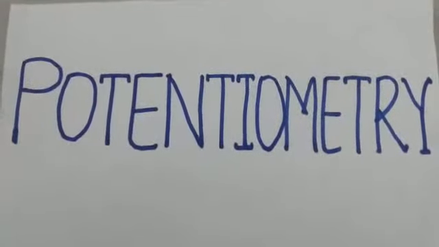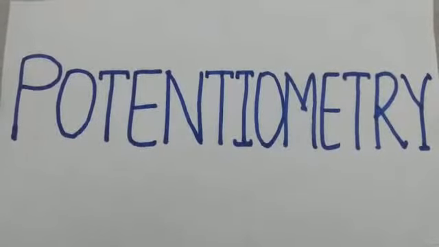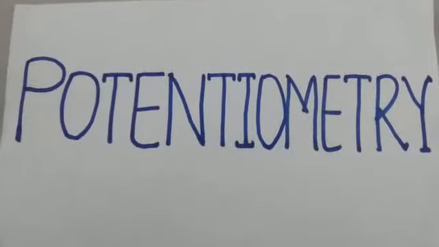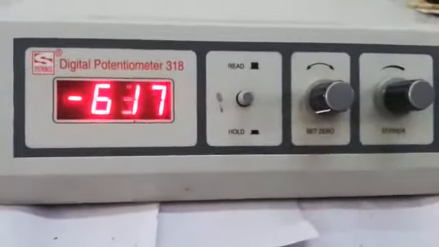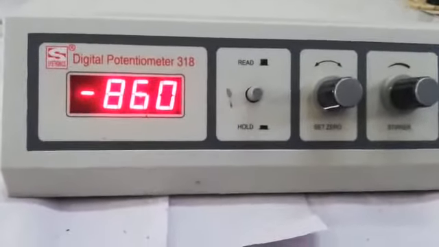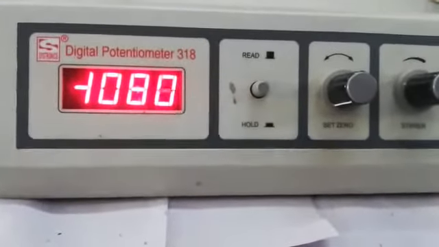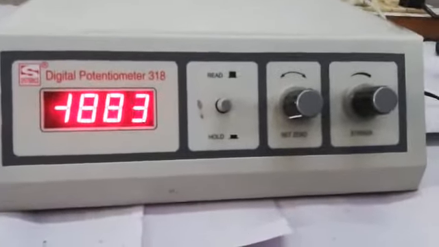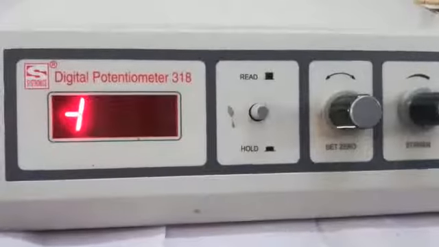Principle behind potentiometry. The potentiometric method of analysis is based upon the measurement of the potential of electrochemical cells under conditions of zero current, referred to as Poggendorff's compensation principle. A potentiometer is an electrical instrument. Using potentiometry, by measuring electromotive force, we can determine the concentration of an unknown solution in potentiometric titration. There are four types: acid-base titration, redox titration, precipitation titration, and complexometric titration.